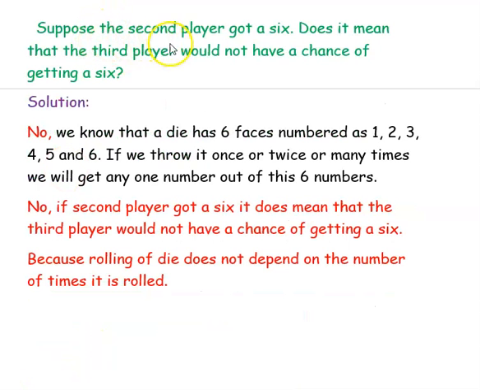Next question, suppose the second player got a 6, does it mean that the third player would not have a chance of getting a 6? So for this question also the answer is no. You know that a die has 6 faces numbered from 1 to 6. So if you throw it as many times as possible, you get a chance of getting any one number out of these 6. So if the second player got a 6, it does not mean that the third player would not have a chance of getting a 6, because rolling of a die does not depend upon the number of times